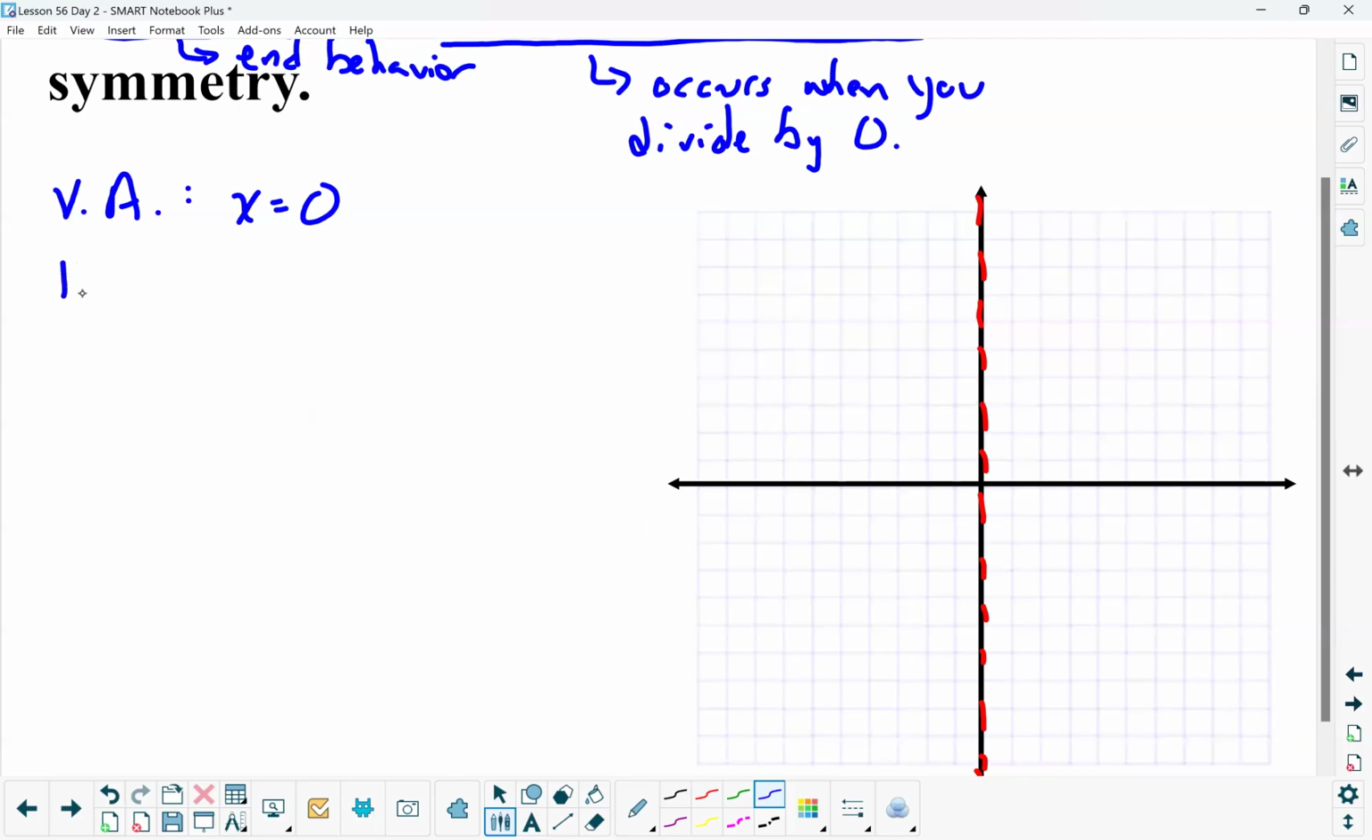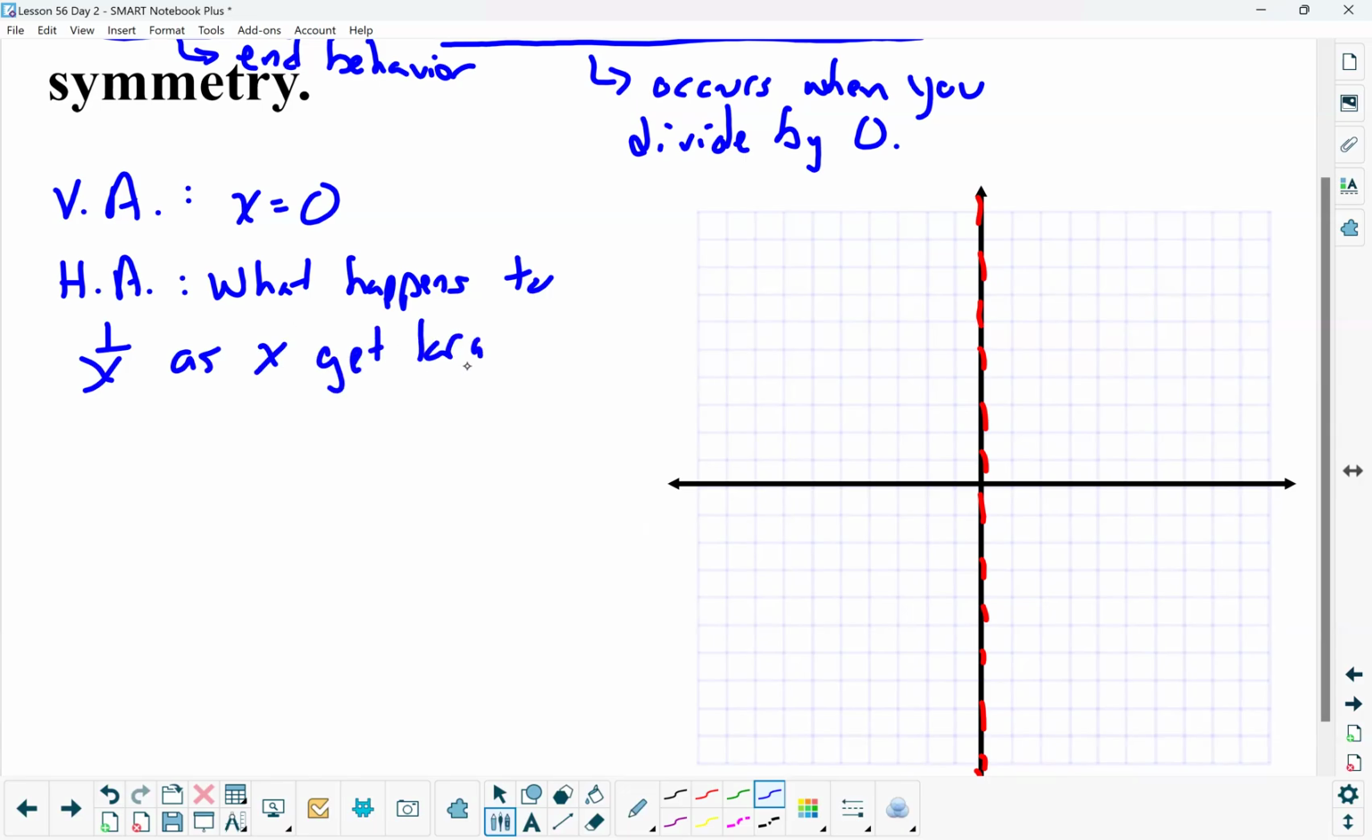For the horizontal asymptote, what happens to 1 over X as X gets larger? And I think we talked about this earlier in the chapter. And as X gets larger, 1 over X